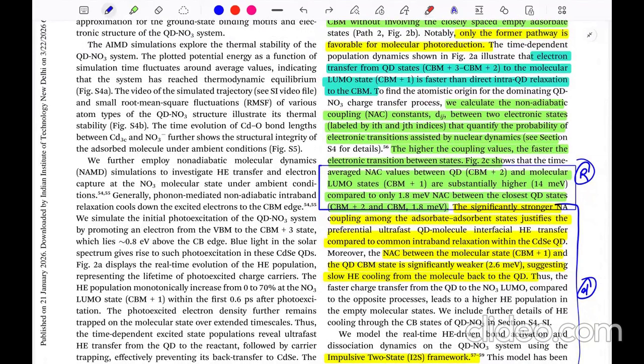These are kind of results, and to justify that, they have used another previous work, non-adiabatic coupling values. The higher the coupling values, the faster the electronic transition between the states. Here you can see the coupling value for CBM plus 2 and CBM plus 1 is very high, 14 milli electron volt, whereas for CBM plus 2 and CBM it's 1.8 milli electron volt. So the transition from CBM plus 2 to CBM plus 1 will be significantly stronger, whereas